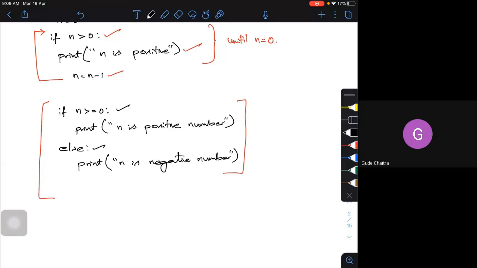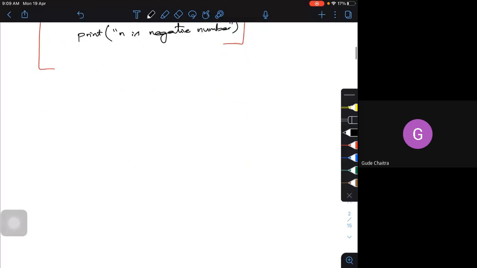Now, how does an if else statement work when sometimes we have to check for multiple conditions within the same if loop?